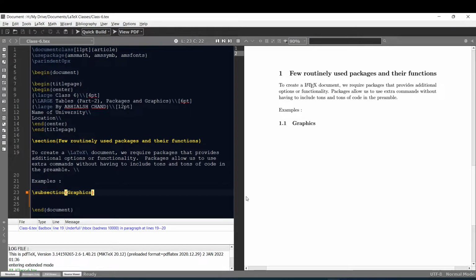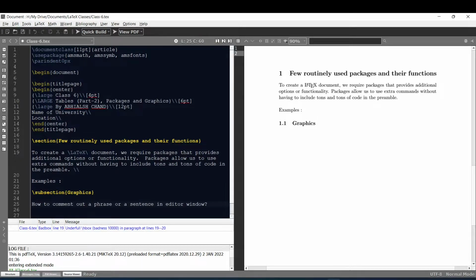Okay, before proceeding further, another useful thing I should mention here is how to comment out a phrase in the editor window. Sometimes we need to write something useful in the coding section or in the editor window for our future reference, which we don't want to show up in our output window. We can easily comment out that phrase in the editor window so that LaTeX will ignore it when we compile or hit run. To comment out some phrases or sentences, we need to add a percentage symbol before that sentence. Let me demonstrate this. I am going to write the sentence: how to comment out a phrase or a sentence in the editor window.